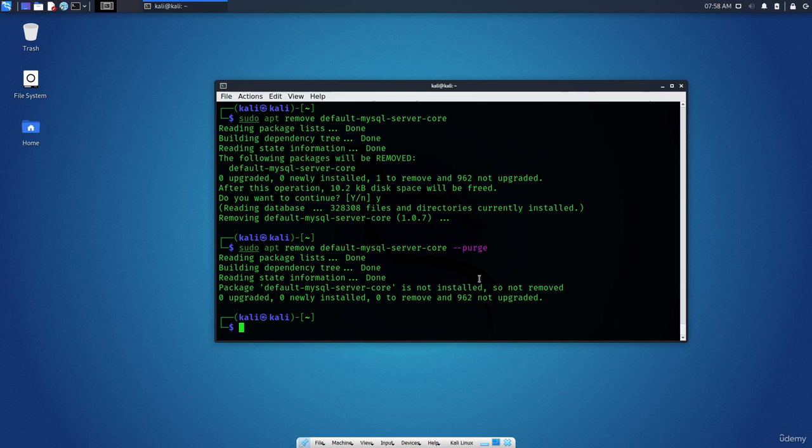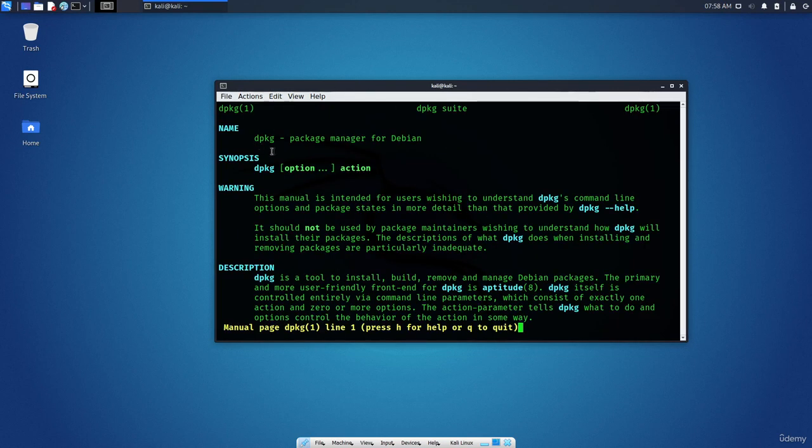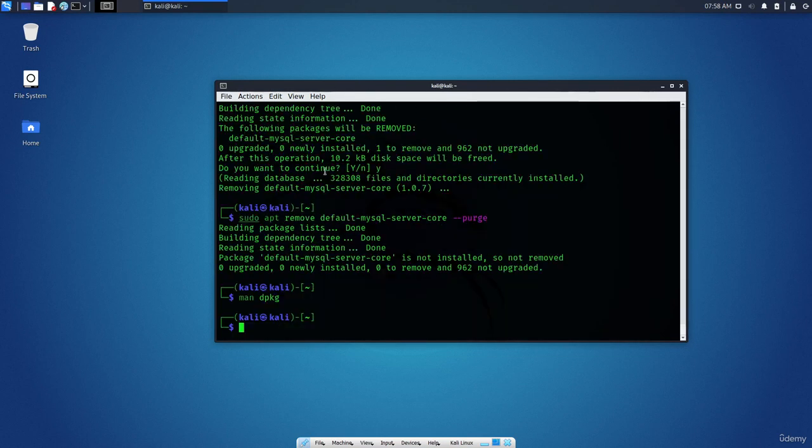Now finally, we have another thing, which is dpkg. Okay, now this is a command not using apt. So if I type it here, this is a package manager for Debian. As you can see, d which means Debian, pkg which means package. All right, so sudo dpkg, we will use the -i option, which means install, and put the name of the package, for example